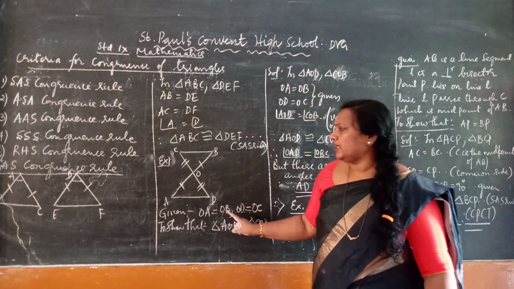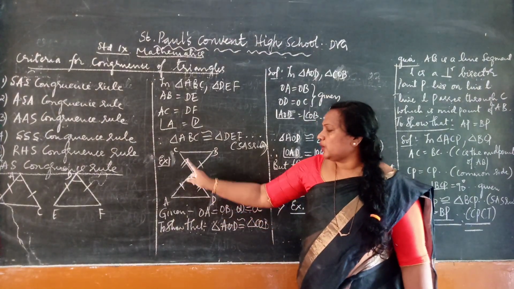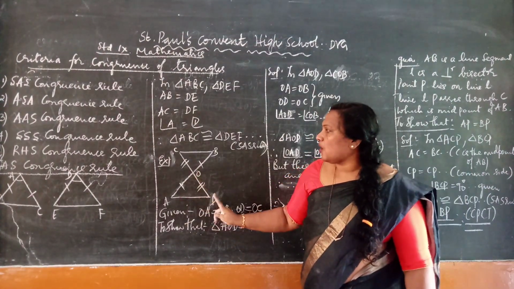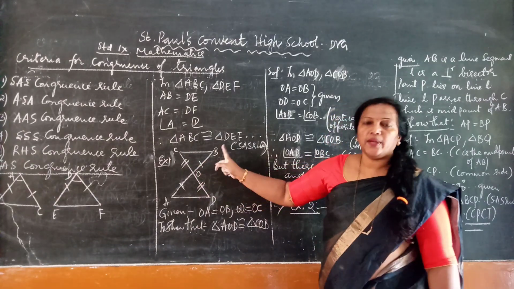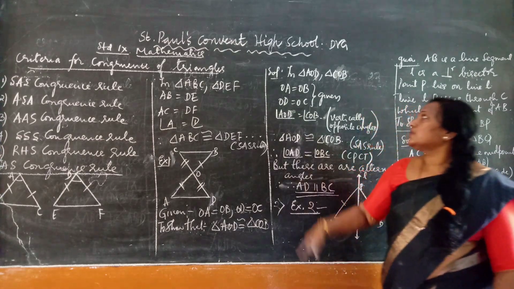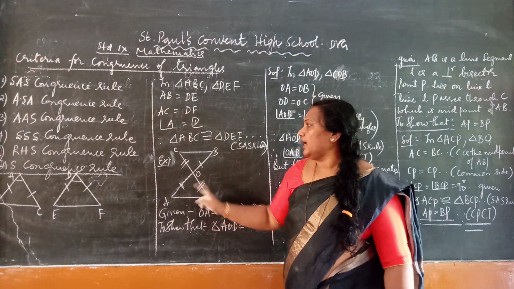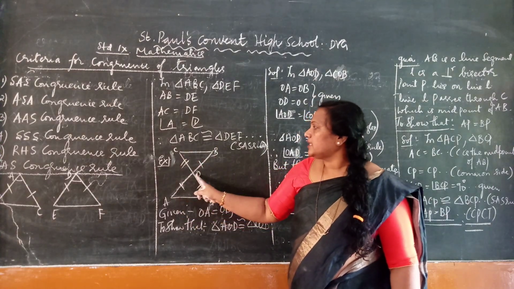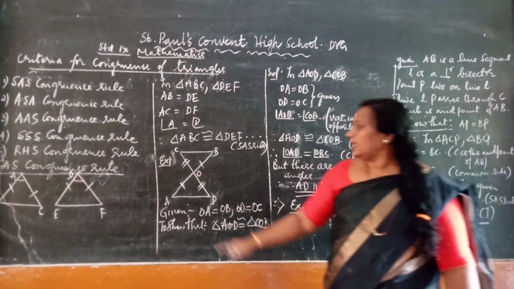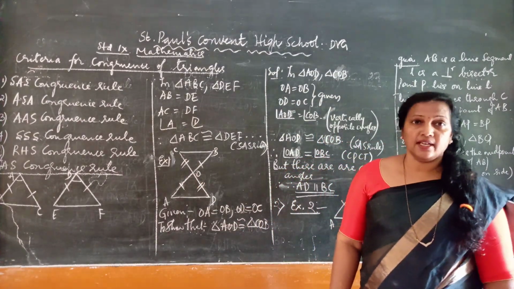In that he has given that in this figure OA is equal to OB and OD is equal to OC. What I am supposed to show is triangle AOD is congruent to triangle COB. These 2 triangles have to show they are congruent. So solution, what is SOL means? It is solution. In triangle AOD and triangle COB, OA is equal to OB and OD is equal to OC. This is because given. And angle AOD is equal to angle COB because vertically opposite angles.